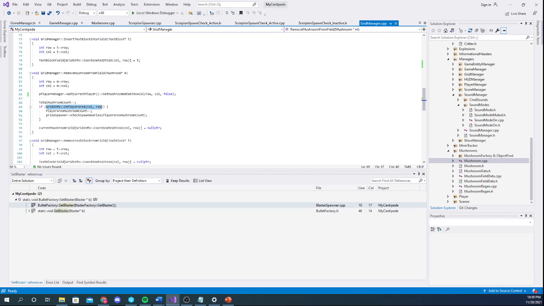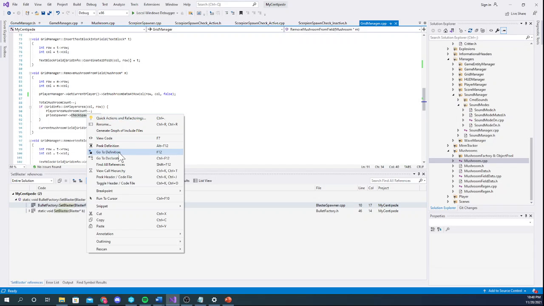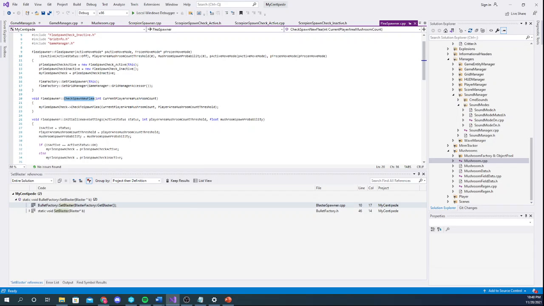I check if that column and row is in the player area, and then I say, hey, flea spawner, which I have a pointer to in the grid manager, let's check if I should spawn a new flea. I do that every wave, even if the fleas aren't even active. But what I do in that check spawn